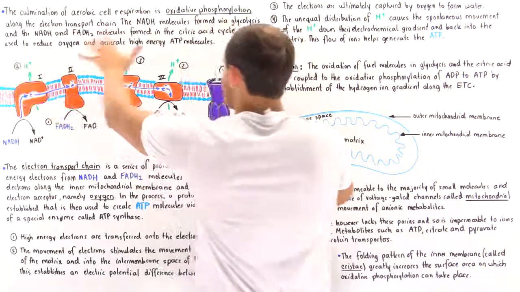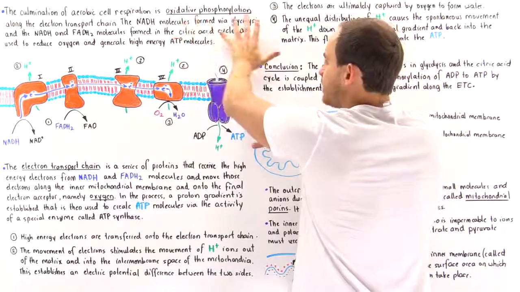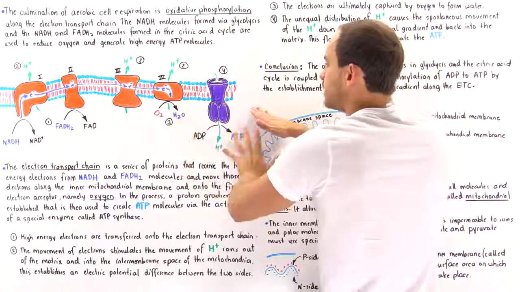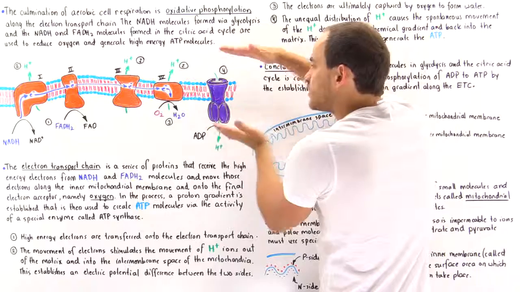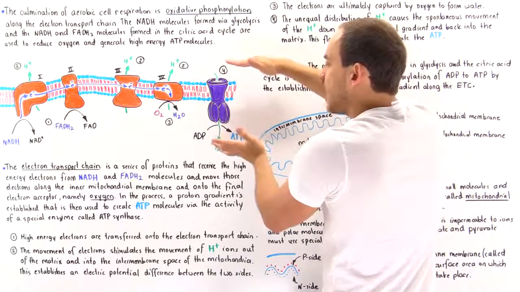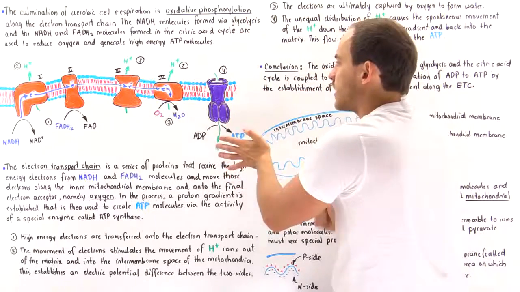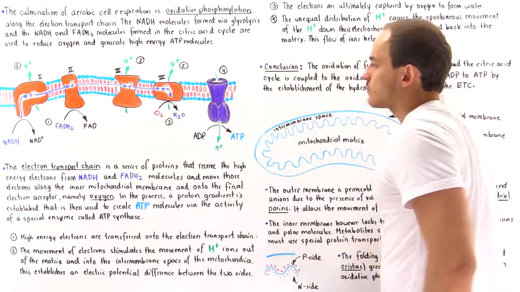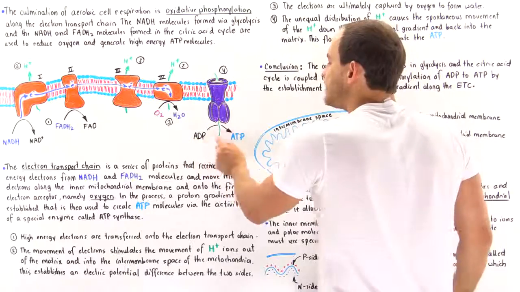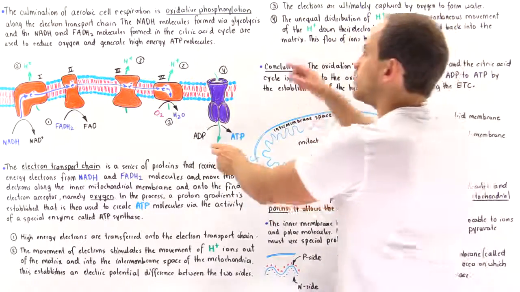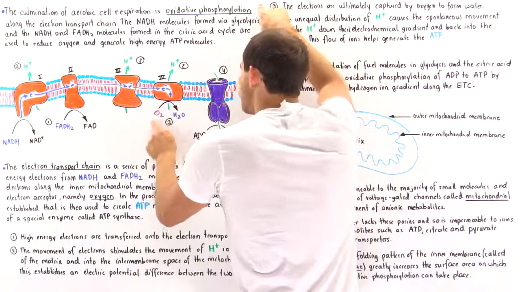So ultimately, we establish a proton gradient in which we have a high proton concentration here and a low proton concentration here. And this ATP synthase basically uses that established electrochemical gradient of H+ ions, moves these H+ ions down that established electrochemical gradient from a high to a low electrochemical potential, and that allows the ATP synthase to actually phosphorylate ADP to ATP. And that's why we call it oxidative phosphorylation, because we actually use an oxygen on the